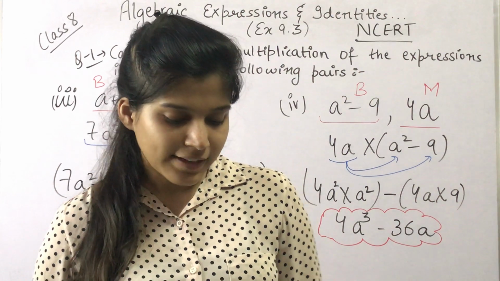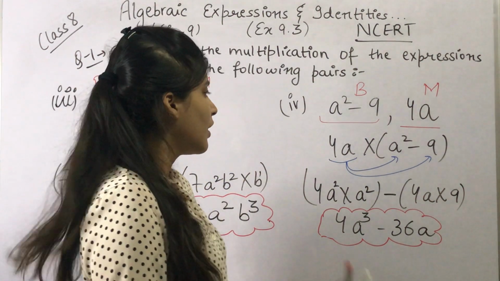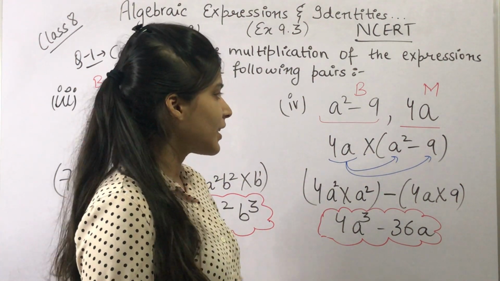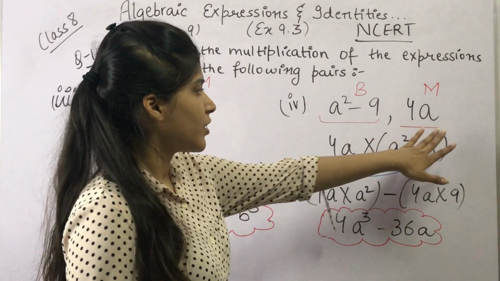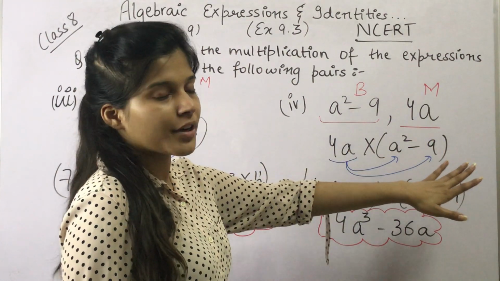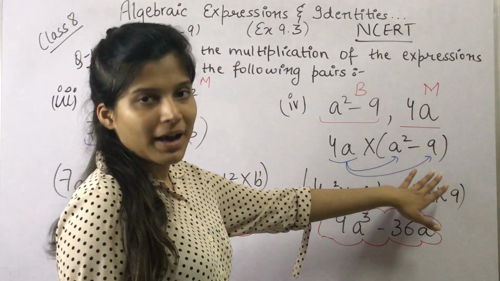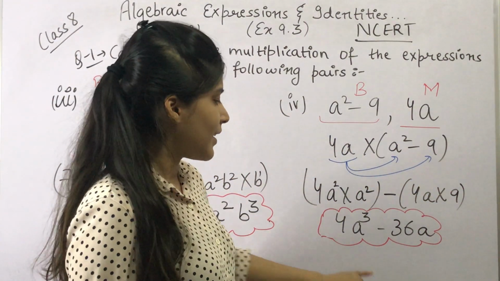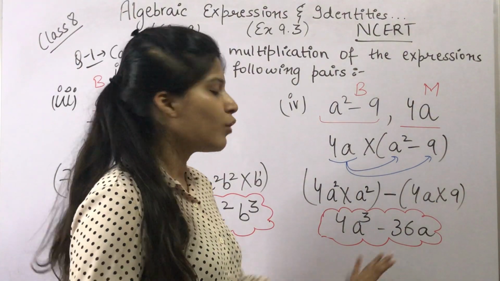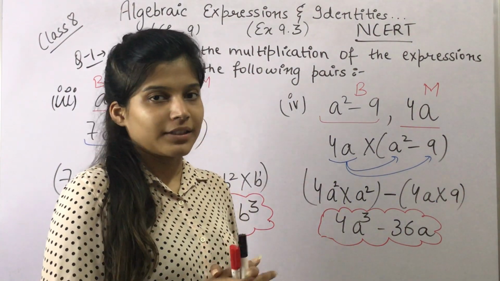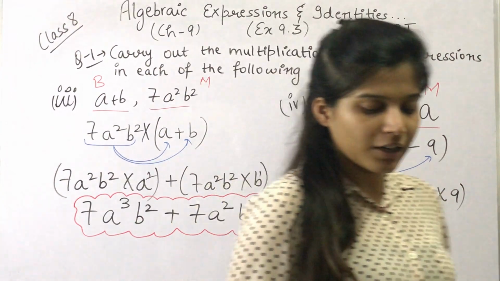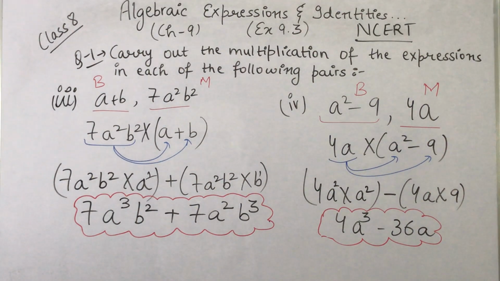Okay, now let's come to the fifth part। So is this part clear children? One binomial term, one monomial expression, sorry not term, one monomial expression, so we multiplied monomial by binomial and we got our answer। अब ये unlike terms है, इसलिए हम इनको further subtract नहीं कर सकते, ठीक है। So this was the fourth part, now let's come to fifth part।